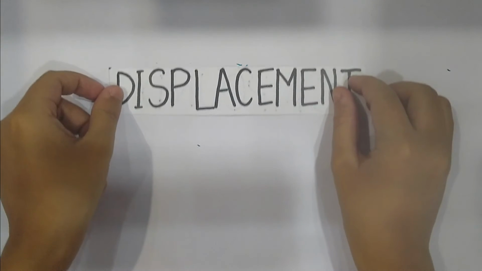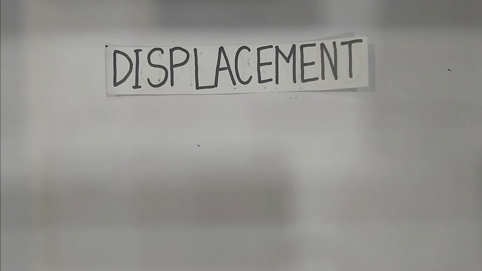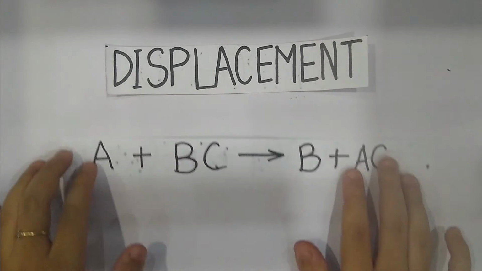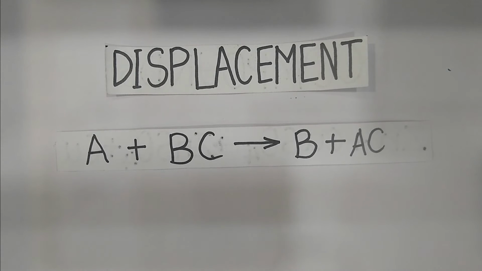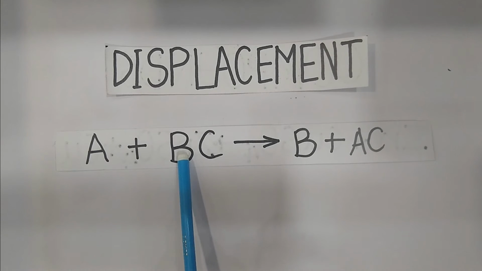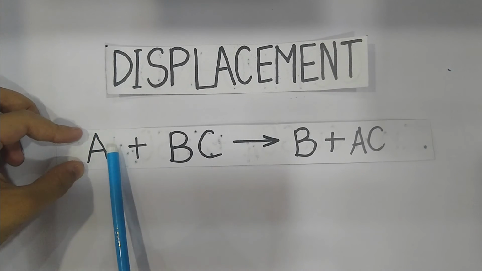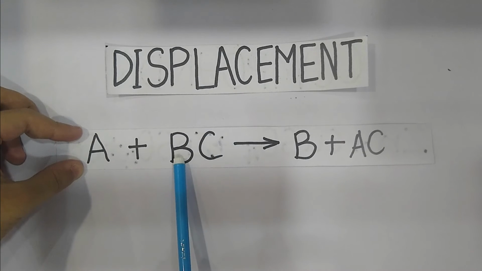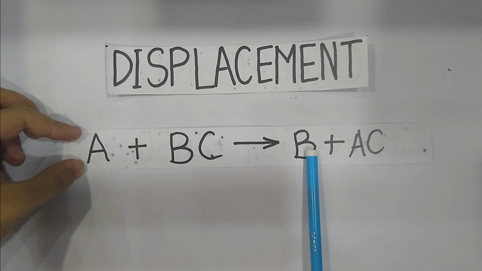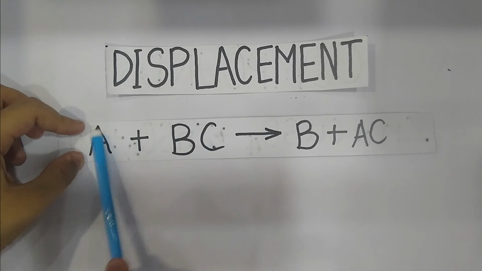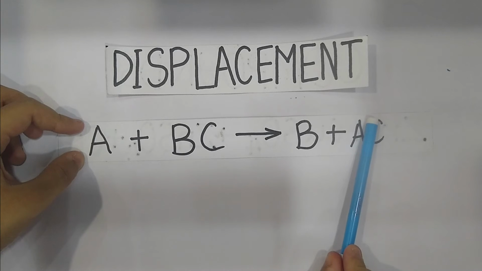So now we talk about the third type of reaction, which is the displacement reaction. So what exactly is happening in a displacement reaction? Take this example where A is combining with BC to give B and AC. So look clearly what has happened in this reaction. A combined with BC. Alright? And then what happened? A got attracted to C, and now B was left out. So B now is present as only one single element, and A and C have formed a compound.